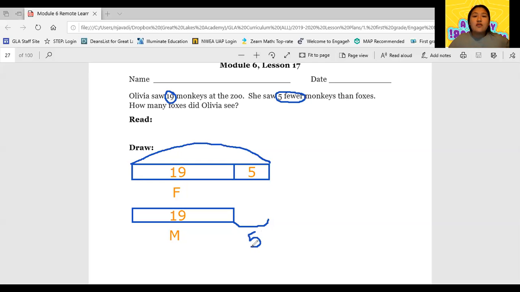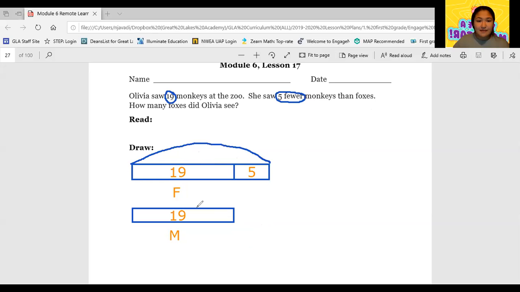And if we know that she saw 5 fewer monkeys than foxes, this also means that she saw 5 more foxes than monkeys. So saying that she saw 5 fewer monkeys is the same thing as saying she saw 5 more foxes. So I drew in my tape diagram